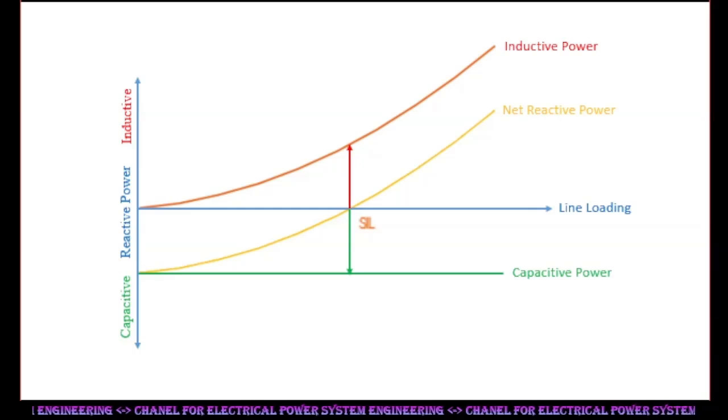Elements added in series with the line are subjected to the load current of the line, including overload and short time fault current. Therefore, current rating is required accordingly. But the voltage across the added element is very small, equal to the drop due to load current. Elements added across the line, shunt or parallel,